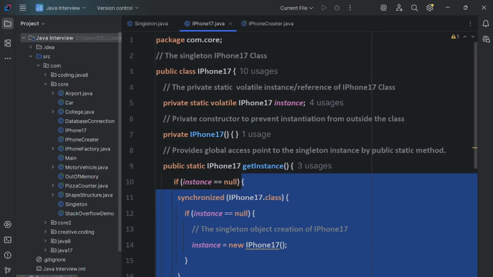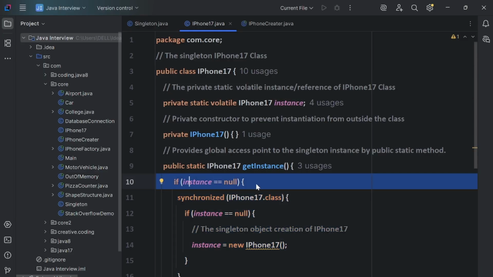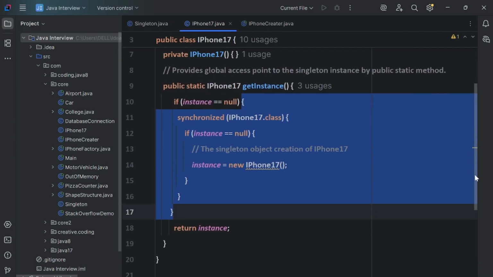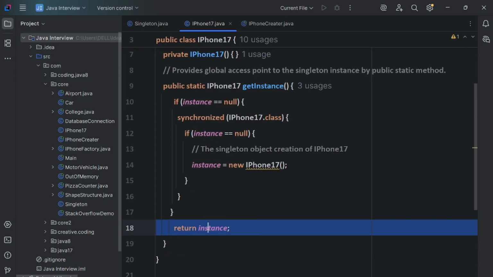So how will it check? It will check if that object is null or not. If it is null, then only it is going to create. If it is not null, then it will return from here and directly return whatever instance is already there. Okay guys, and after that,